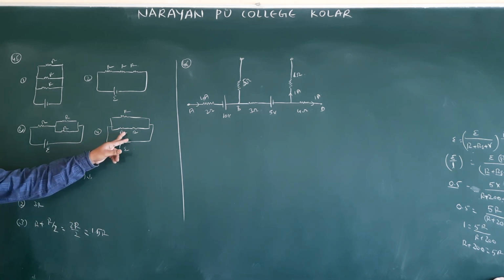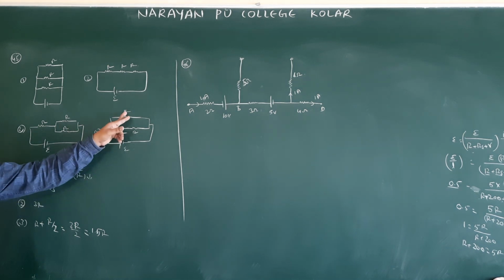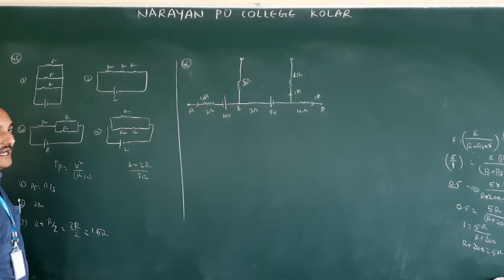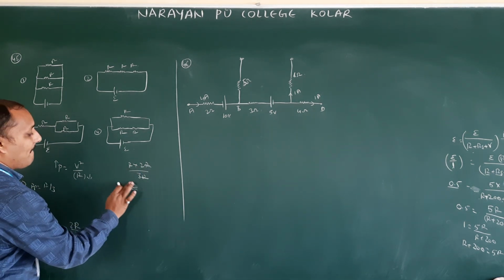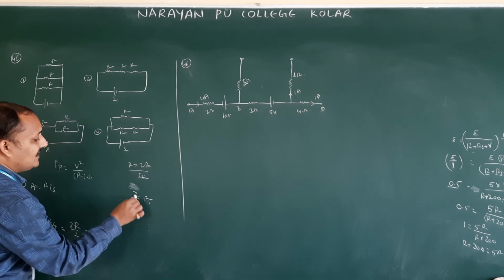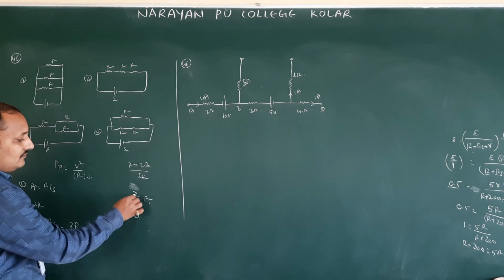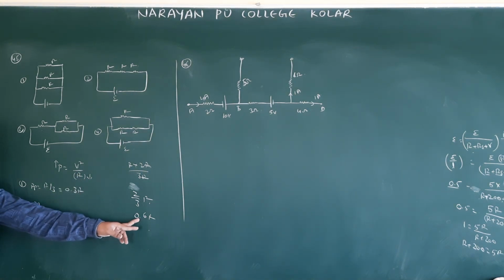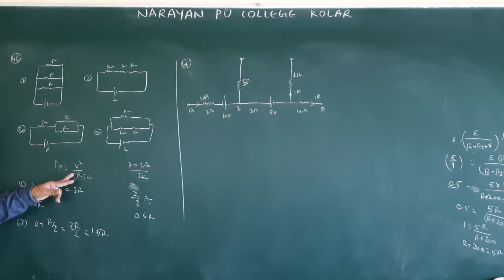Okay, now see this one. R and R, these two connected in series, 2R. 2R and R, these two connected in parallel. Therefore, R into 2R by 3R, R1 R2 by R1 plus R2. So 2 by 3R, 0.6R. This one, 1 by 3R, how much are you getting? 1 by 3, so 0.33R. So among all these, which is minimum? 0.6, 0.3 is minimum. Therefore, in the first case, you will be getting maximum power because R is minimum for the first case. Therefore, option 1 is correct.